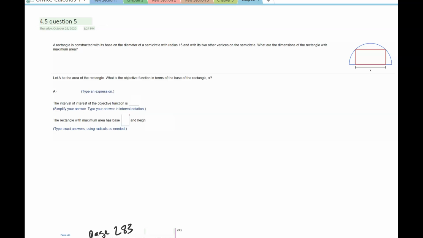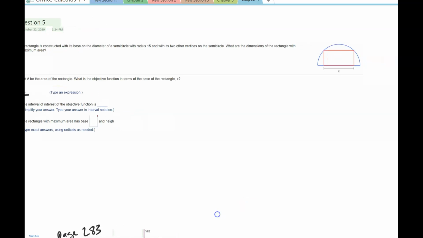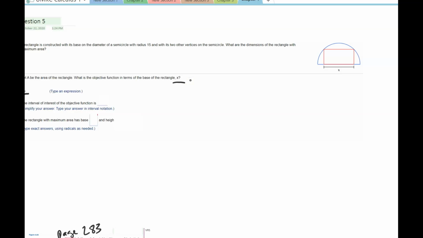In this video, I'll be going over 4.5 question 5. We're asked to find a rectangle that's going to fit inside this semicircle that has a maximum area. So the first thing we need to do is come up with an equation for area that only involves the variable x. And the way I go about doing it is I put the Cartesian coordinate system on top of